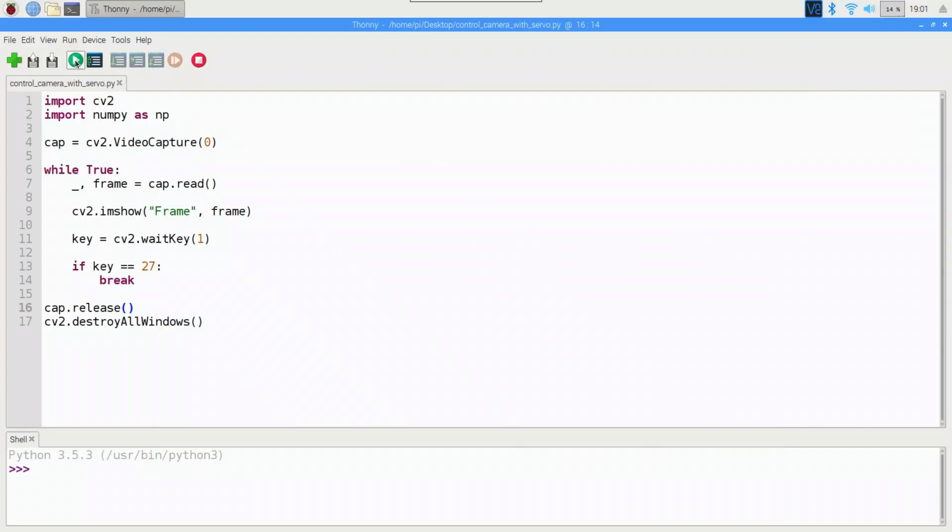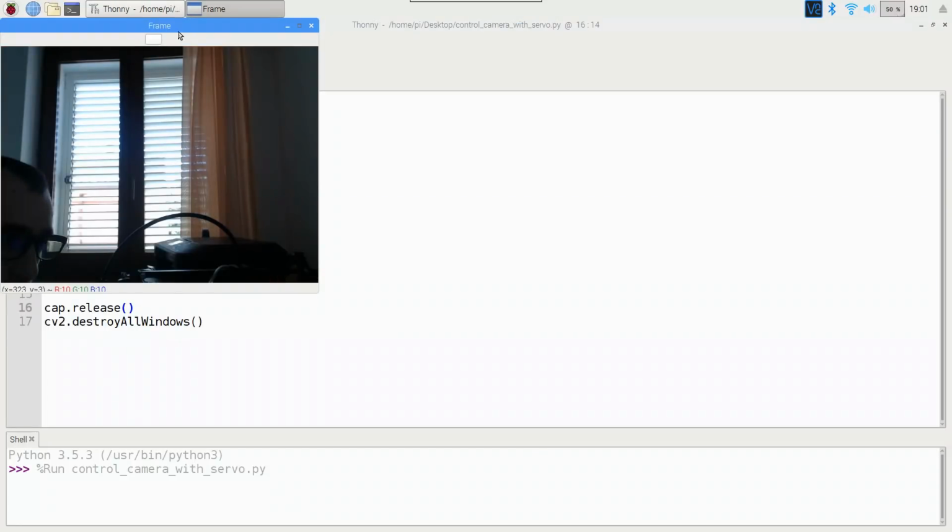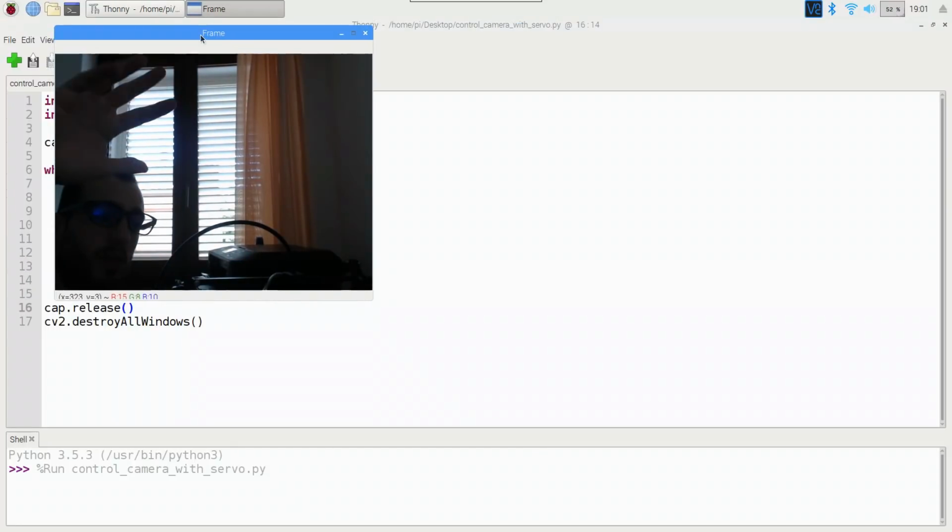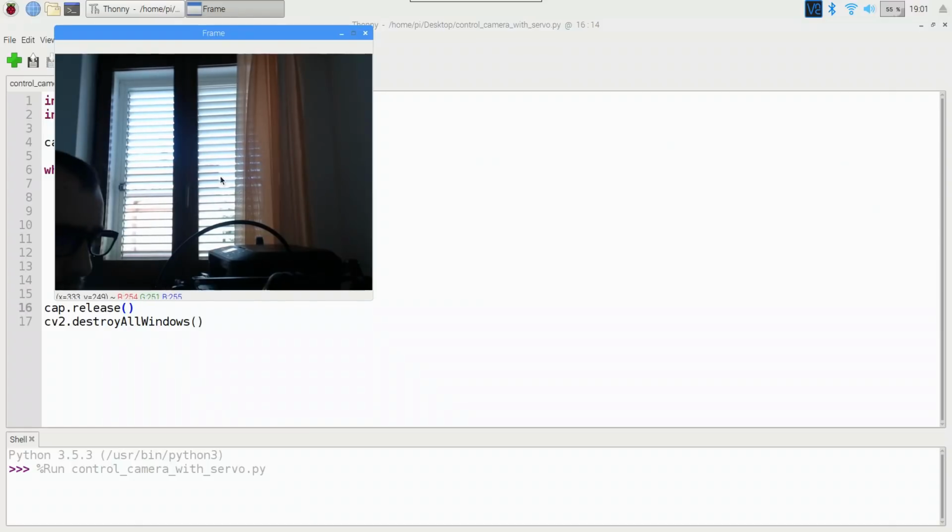Run the script, just pressing this play button, run current script, and this is the servo motor pointing, this is the webcam just pointing on one side. Now the next step is to